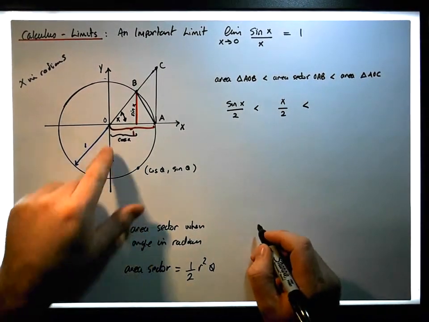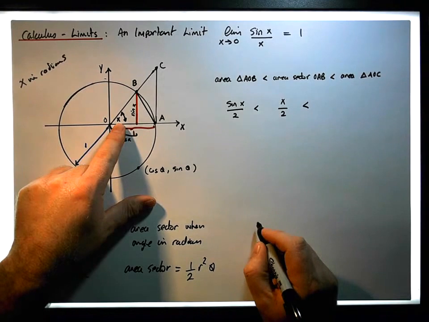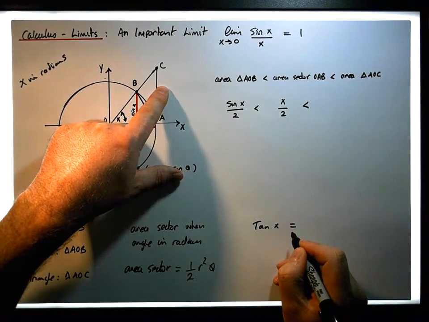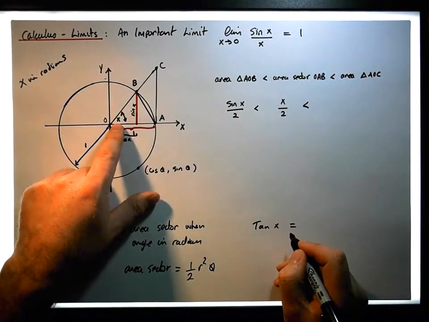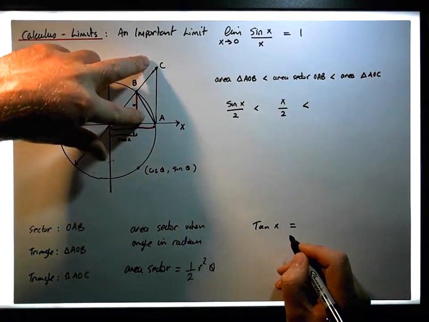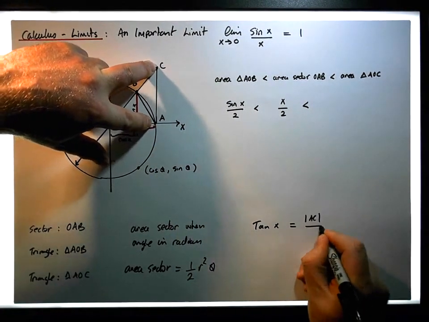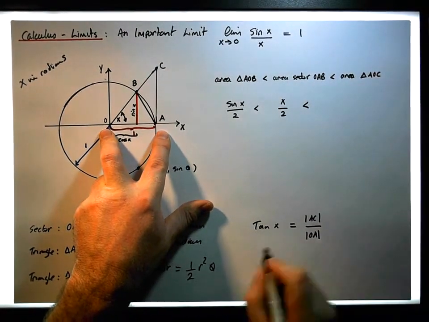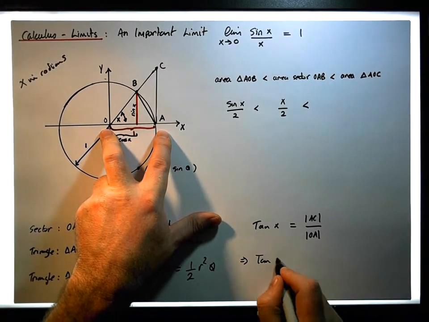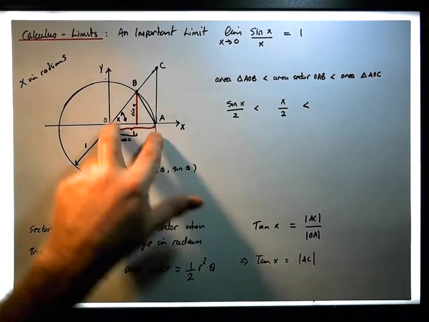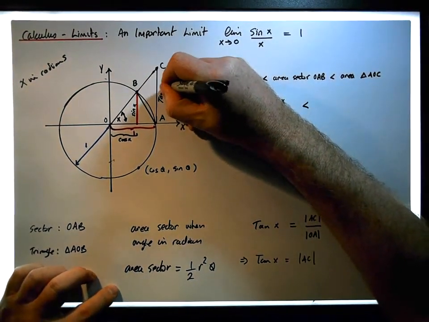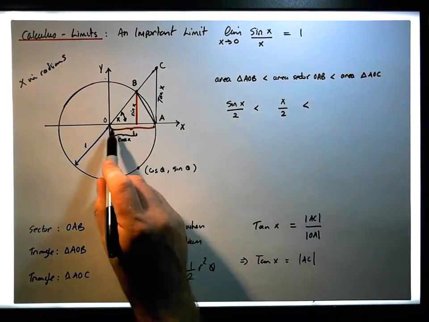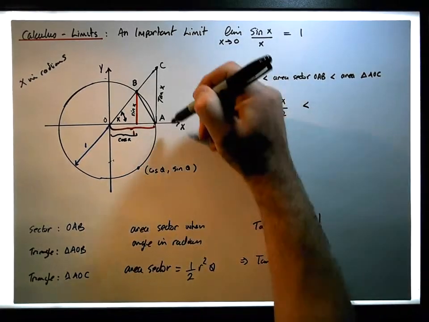But let's just recall here that tan of x is equal to the opposite over the adjacent. This is a right-angled triangle here. So the opposite is the length AC over the length OA, and the length OA is 1, so this implies that tan x is equal to the length AC. So this length here is actually tan x, where x is in radians. So once again, we have the area of the triangle AOC is half its base, which is 1 unit, times its perpendicular height, which is